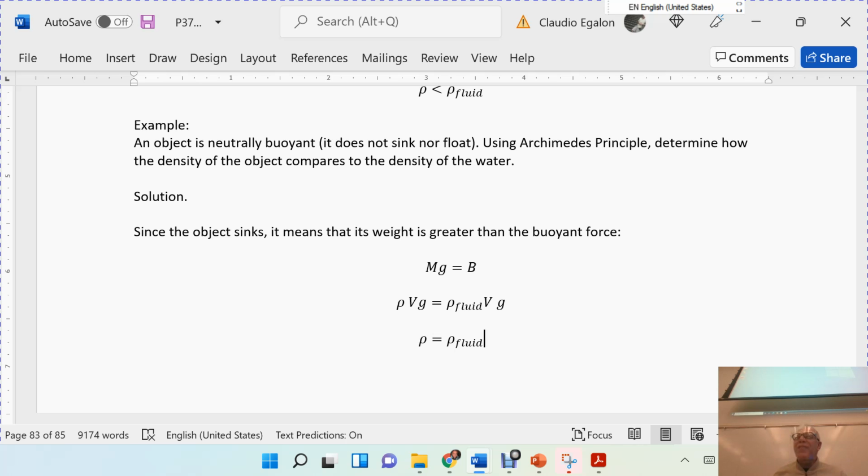Have you ever seen that? I ended up learning that when I started doing scuba diving. They give you a belt where you put weights, so you can counter the effect of the compressed air tank, and